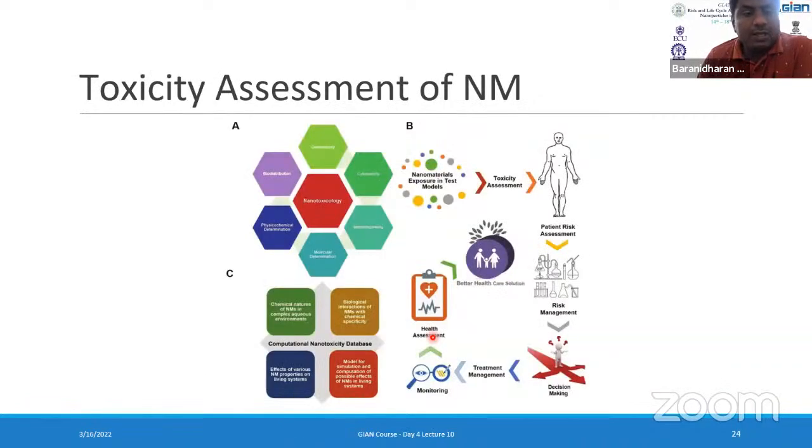So when it comes to toxicity assessment of these nanoparticles, as I mentioned, one such attempt was made in order to arrive at the risk that these nanoparticles pose to humans. So one such attempt was made where these nanoparticles were mixed with sludge and then irrigated to a plant. After 12 weeks, again the plant was taken for analysis, where the root, shoot, as well as the leaves were taken into consideration for their metal ion concentration.